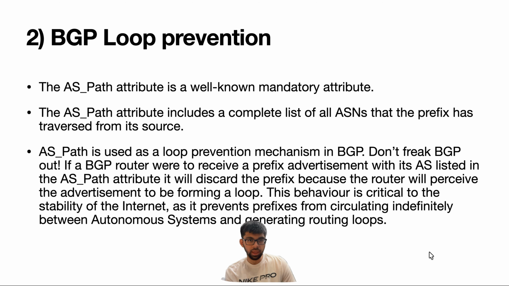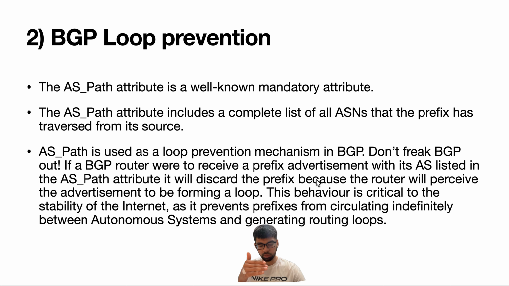Now, the AS path is used as a loop prevention mechanism. Why? Because BGP can get pretty freaked out, and what I mean by that is if it were to receive a prefix advertisement with its own AS listed in that AS path attribute, it would discard that prefix, because the router will perceive the advertisement to be forming a loop. Because if it sees its own